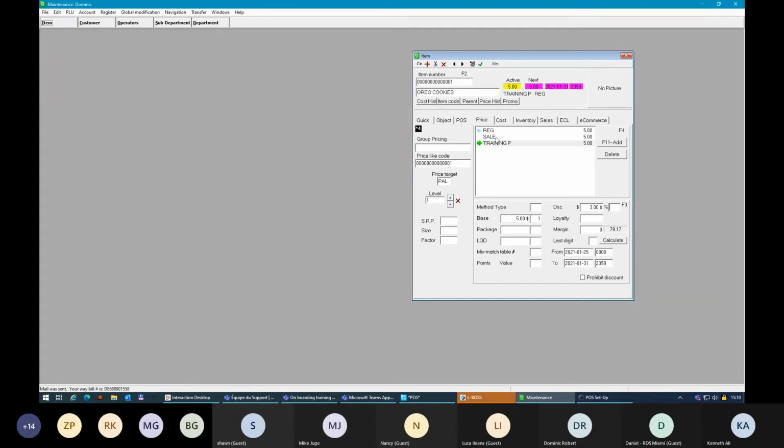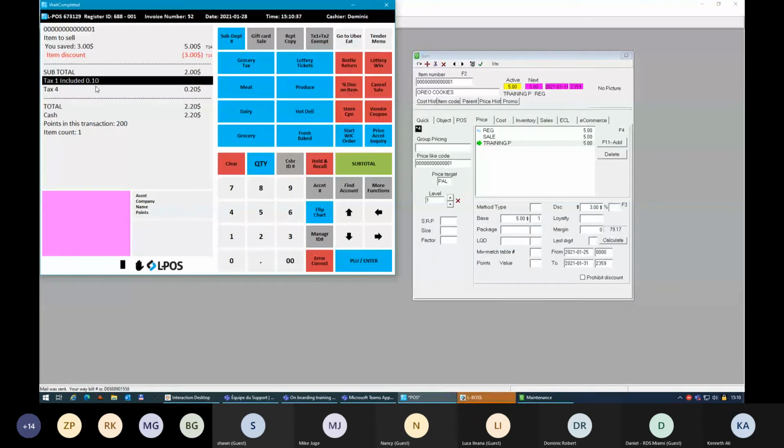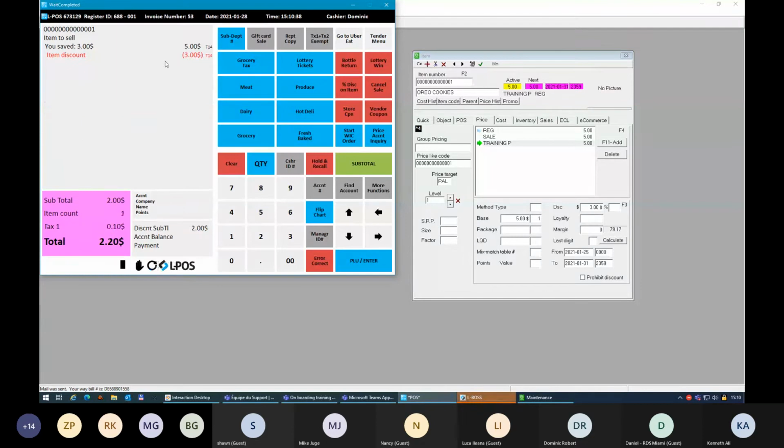So in this case, if I sell my Oreo cookies at the POS, they will show with the U-Save of $3 since there is a coupon of $3. Of course, if I was using a percentage, it will also show an amount and the percentage underneath. So if an item is on an ad, it can't show the U-Save